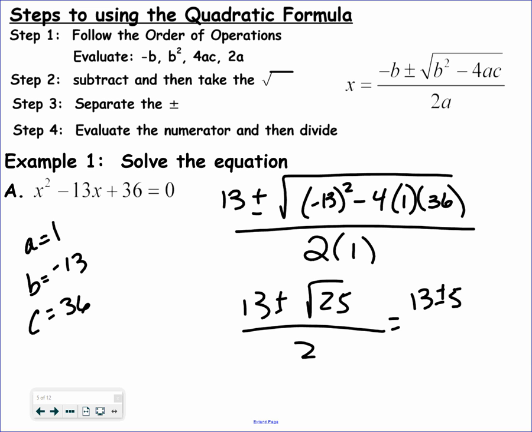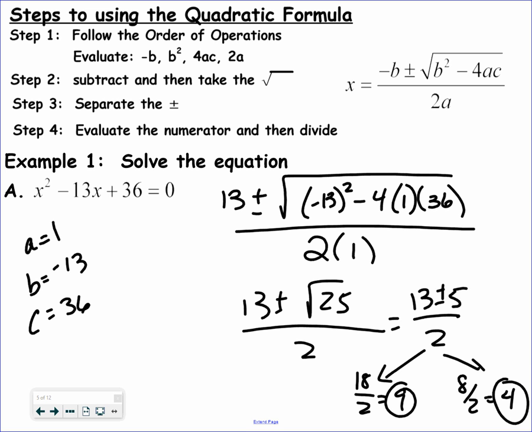Square root of 25 is 5. And so now I'm going to break this into two questions. 13 plus 5, which is 18, divided by 2 is 9. 13 minus 5, which is 8, divided by 2, which is 4. So again,